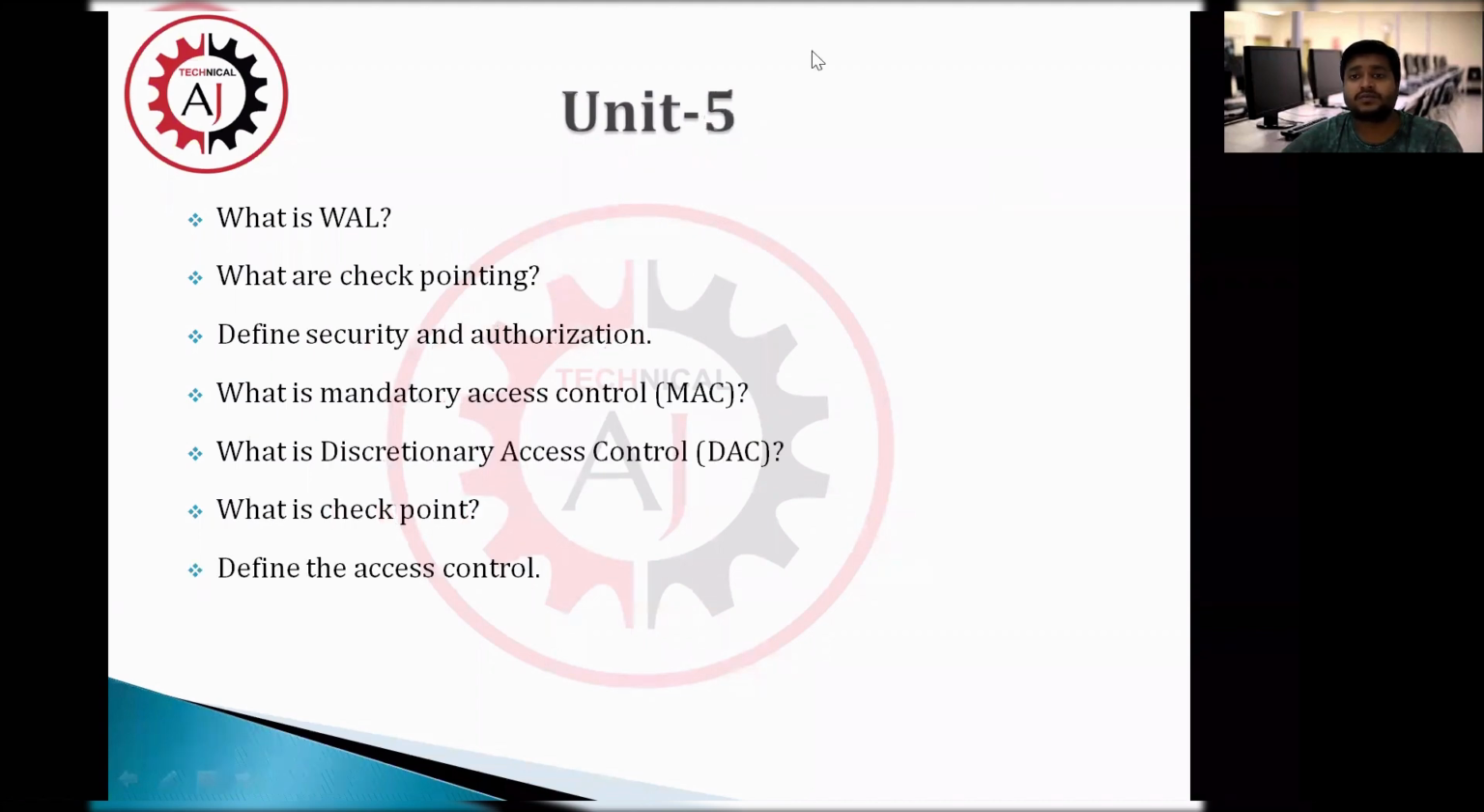Now we will come to the fifth unit. In the fifth unit, number one question is what is WAL. Second, what is checkpointing. Number three, define security and authentication. And sometimes it will also ask what is the difference between security and authentication. Okay,